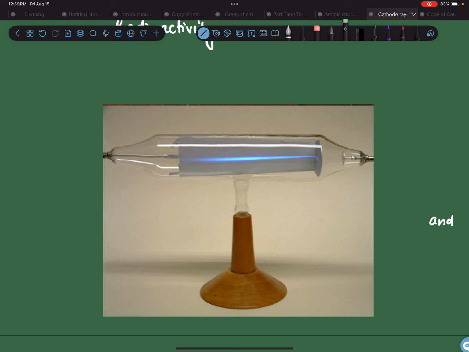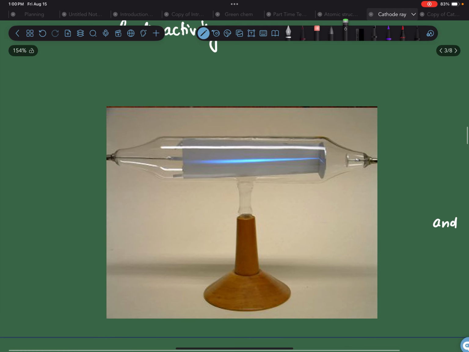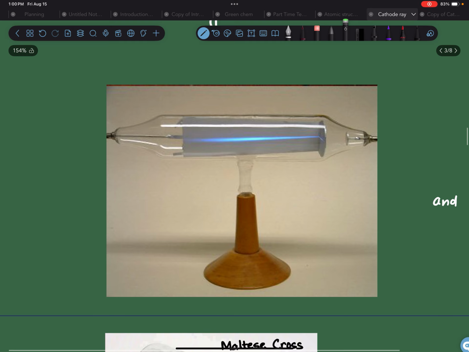Because there was almost a vacuum inside the tube. He tried to go as far as he could to create the vacuum, so the stream of particles was going properly, with no collisions with the gas molecules. And since the gas was not there, the conduction was better. Fine. Now he was interested in actually finding out whether